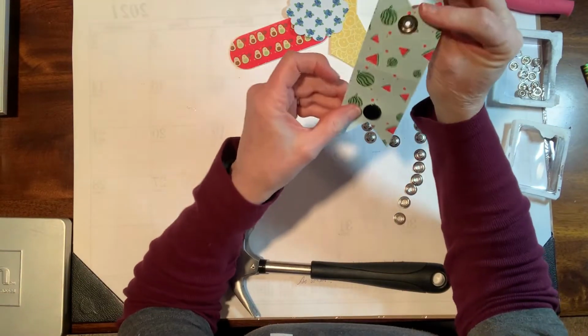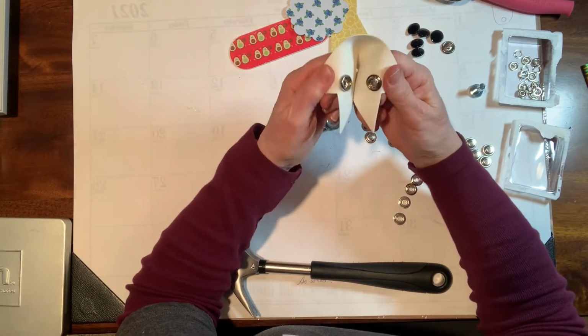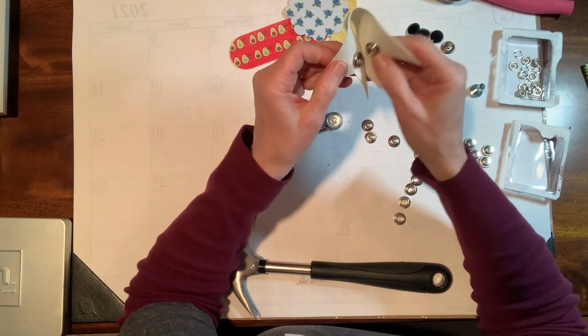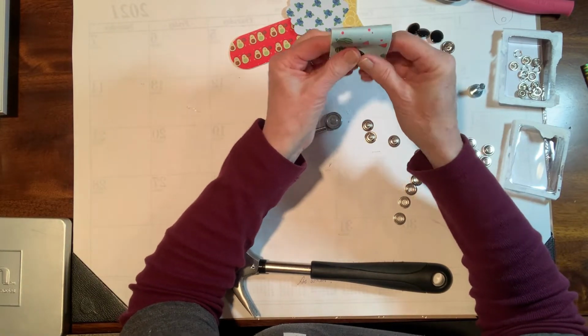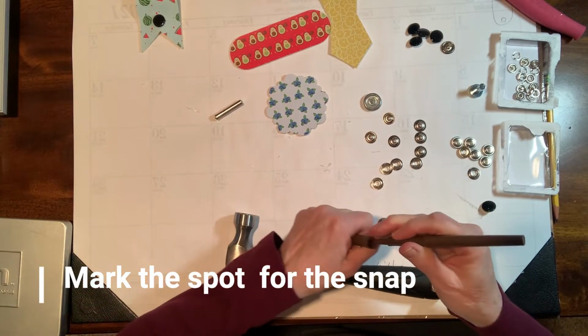So now finished, and it snaps just like that. Okay, there we go, snaps. They're new snaps, so they're a little tight, and it feels like that's holding up really well. So that's our first one. So let's talk through just one more. Go ahead and color that in with a